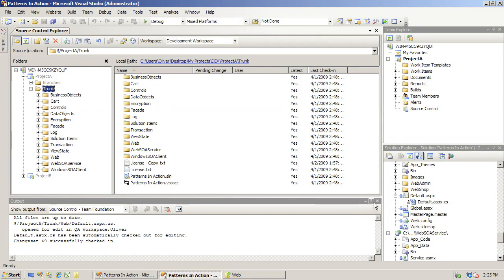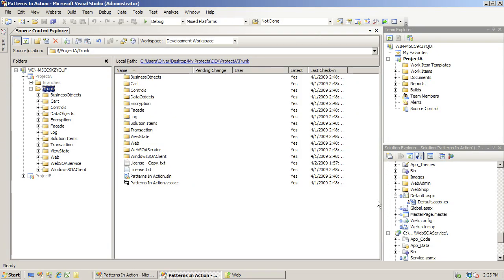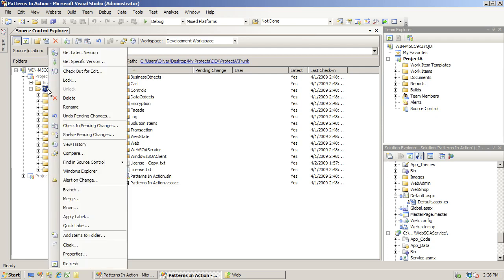Let's talk about labels. What are labels and how do you use them in Microsoft Source Control? Labels are an indicator of a certain state at a certain time of the code base. For example, if my trunk is ready to be released, I should apply a label called release, marking its release state. I can do so by simply applying a quick label,